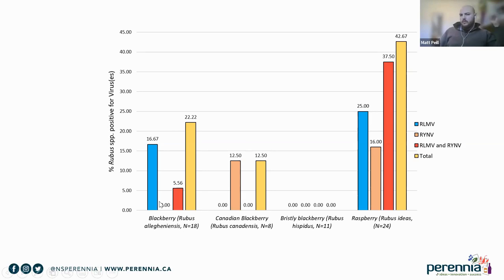But in terms of practical management in raspberry fields, really you should be looking to just control those raspberry and blackberry brambles in the perimeter, because they are harboring viruses that could potentially be transmitted back into the field. And especially for raspberries, just under 50% of the samples that we tested were positive for at least one virus, and we had a high degree of double positives